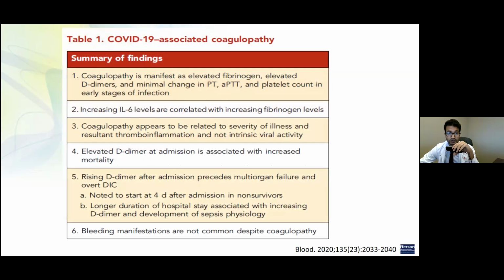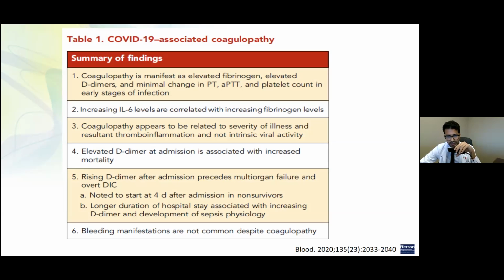Early data also revealed that there was a coagulopathy that was sort of unique to this population. These patients had elevated D-dimer levels to begin with. There were changes in other PTTs, platelet counts, when you look at their blood tests and when you trend them out into the hospital. Additionally, what we also noted was there was increase in inflammatory markers, particularly interleukin-6 or ferritin, when you looked at patients infected with COVID-19.